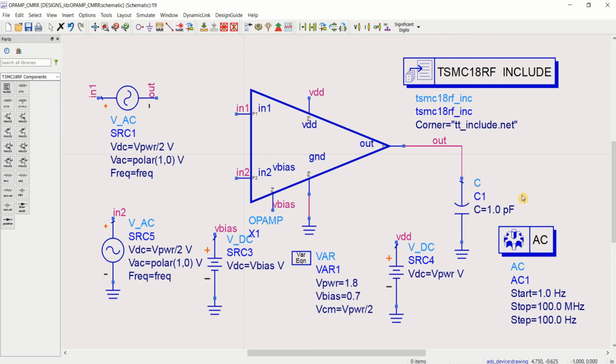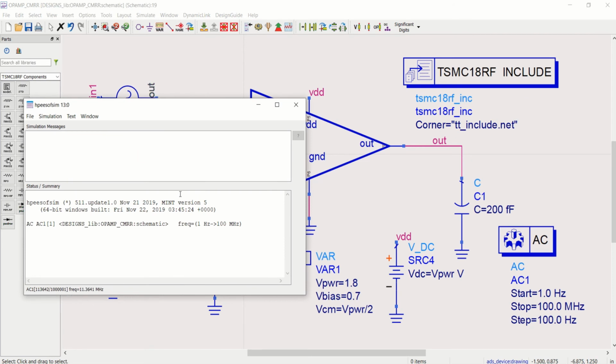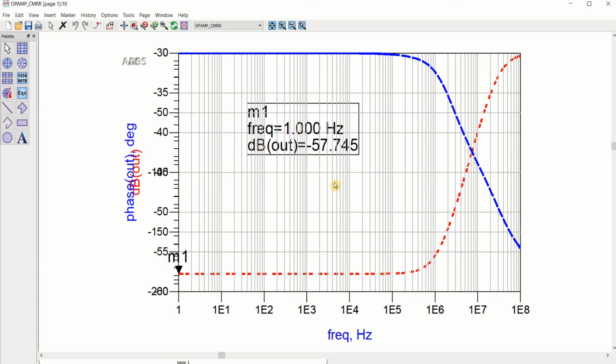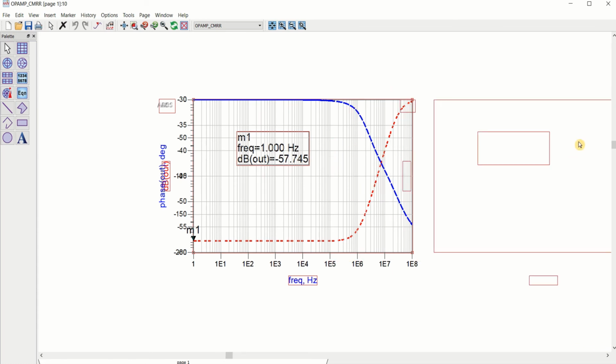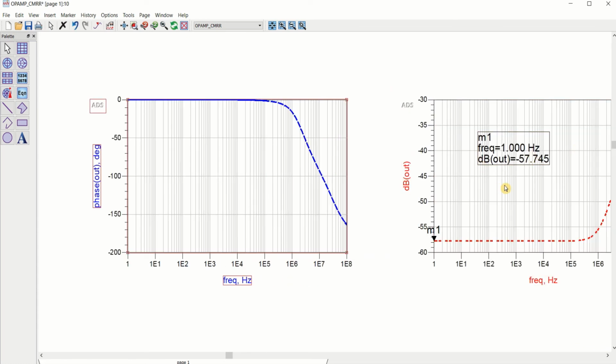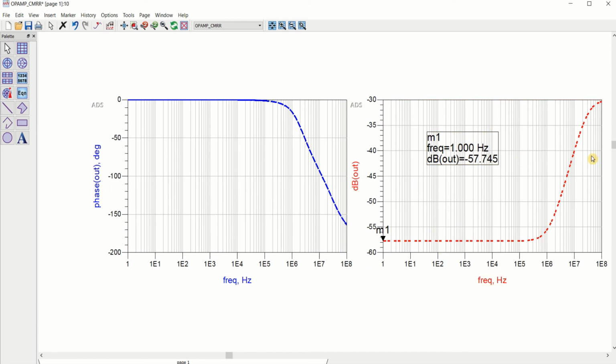Create one more file, or I'll try to change this to 200 femtofarad, and you can see the results. CMRR, it is having a better response.